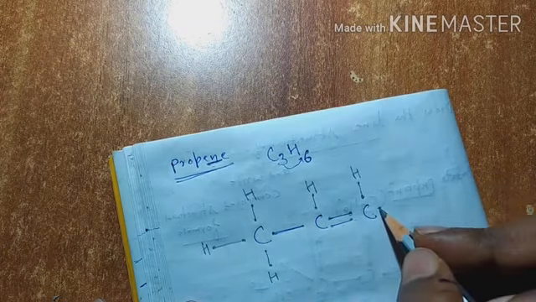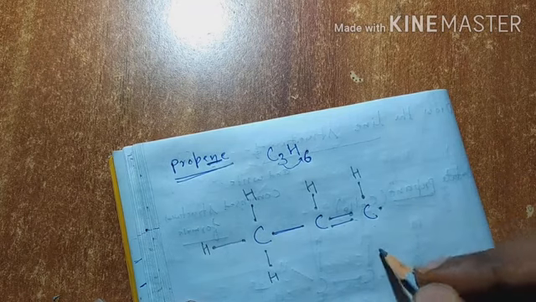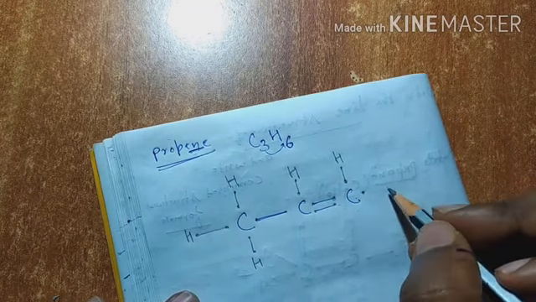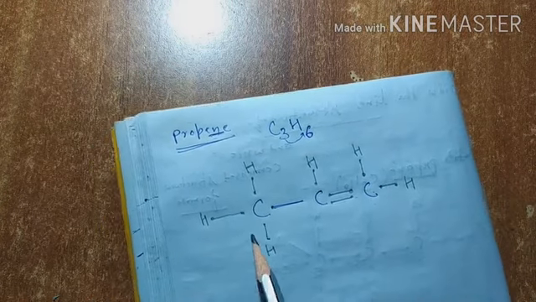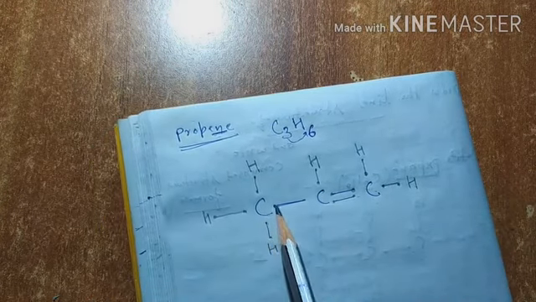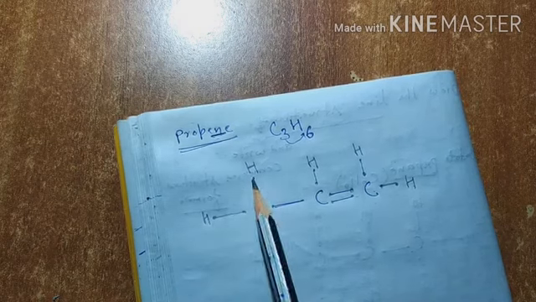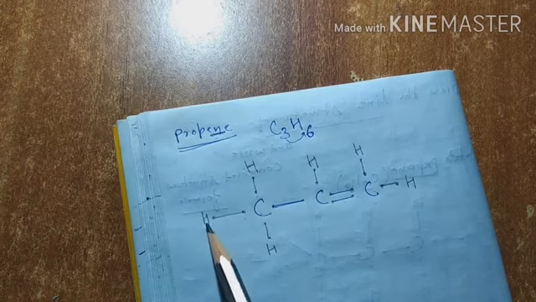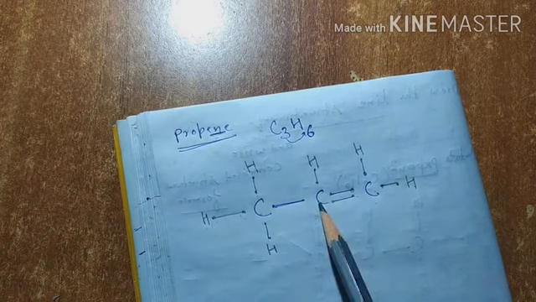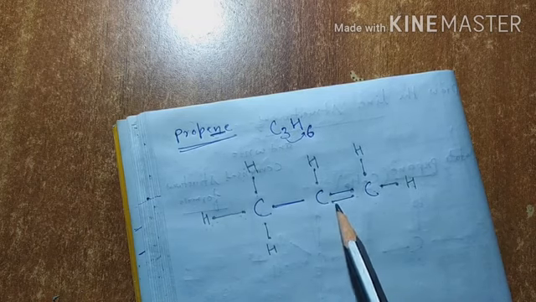These electrons you can put here also, and you can attach hydrogen here also, no problem at all. Now you have to check the stability. Count 1, 2, 3, 4, 5, 6, 7, 8, it is stable. In the case of hydrogen, 1, 2 is stable. This hydrogen is stable, and this hydrogen, 1, 2, is stable. Then 1, 2, 3, 4, 5, 6, 7, 8.